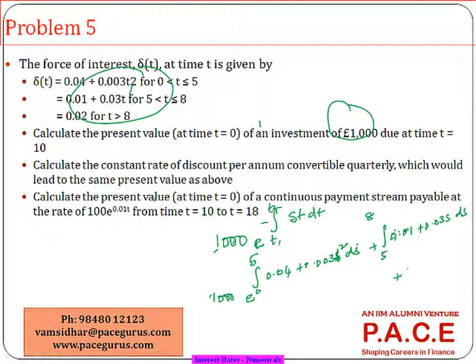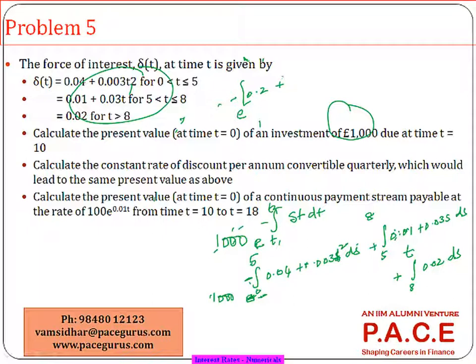Even this will come out as 8 to t 0.02 ds. So overall the integral will work out, assuming that you are comfortable with this basic layer of integration. I'll take it as e to the power 0.04 into 5 minus 0, which works out to 0.2, plus these all will come out with a tag of minus, right? All these are because we are talking about a discount factor, not an accumulation factor. So this will have a minus here, e power minus 0.2,